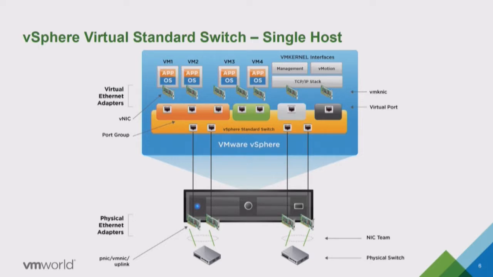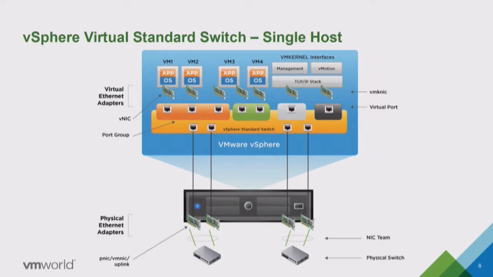Now we have a port, and ports, like in physical switches, are part of port groups, okay? And the port groups in the virtual standard switch or the virtual distributed switch are very important entities because they create an abstraction layer too. So the port groups usually, what do you do with them? You tag them, right? They are VLAN-backed port groups. So the VNIC connects to the virtual switch access port. The virtual switch access port is part of the port group. The port group is tagged with, obviously, an 802.1Q tag, which is a 12-bit identifier that gives me from 0, or no tag, to